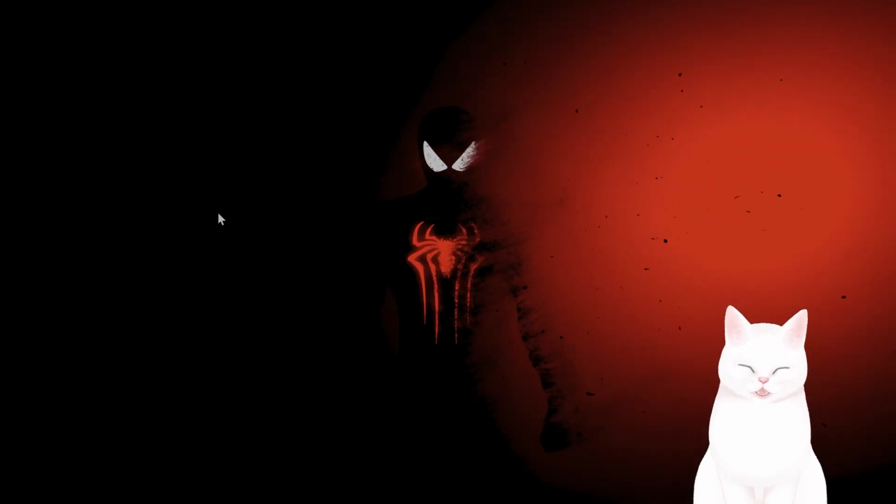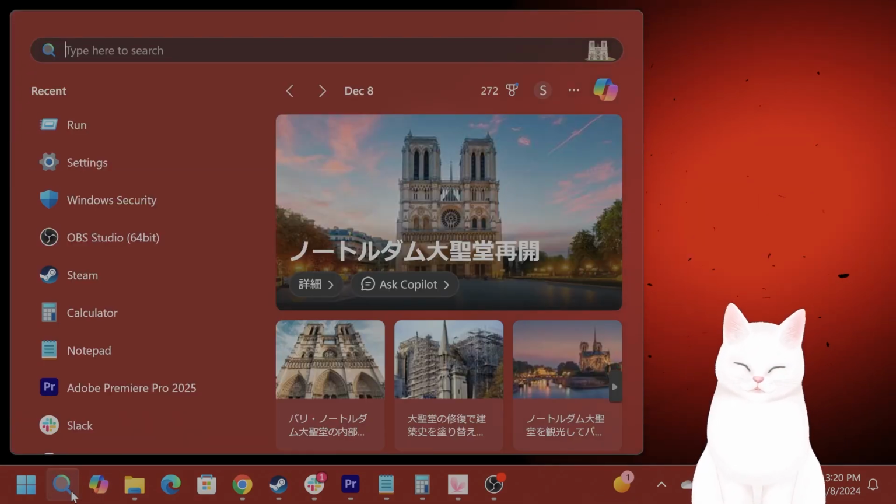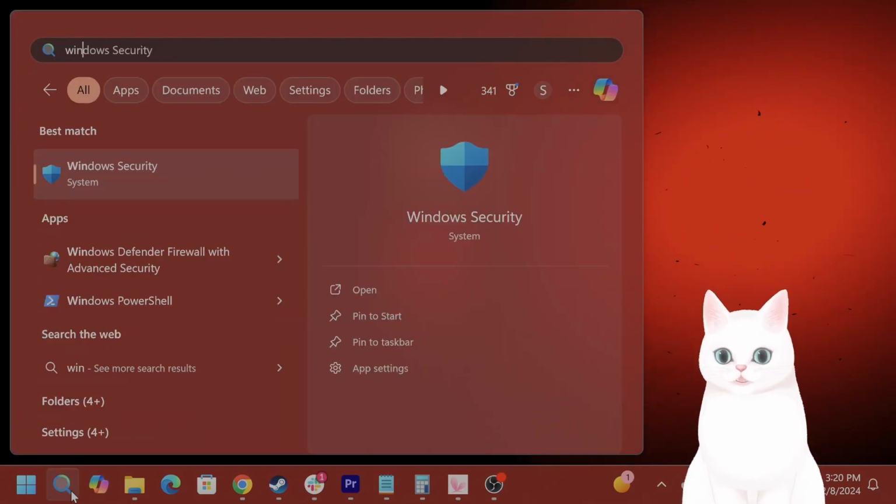Okay, you've done that and it still isn't working. What you want to try doing is disabling your firewall. How do you do that? Go to Windows Security,